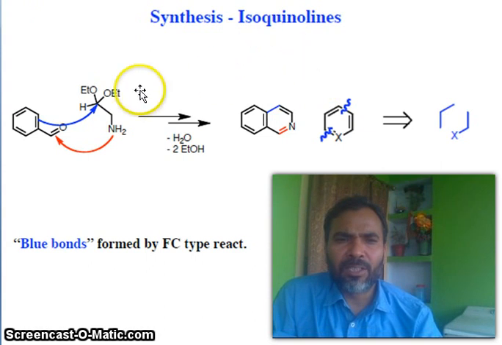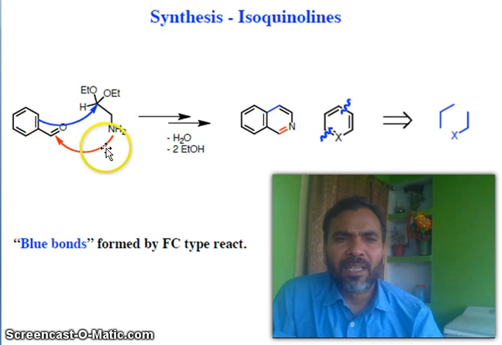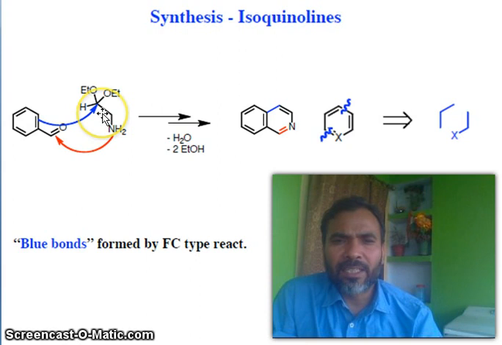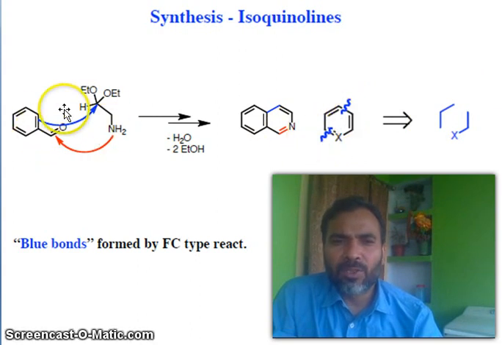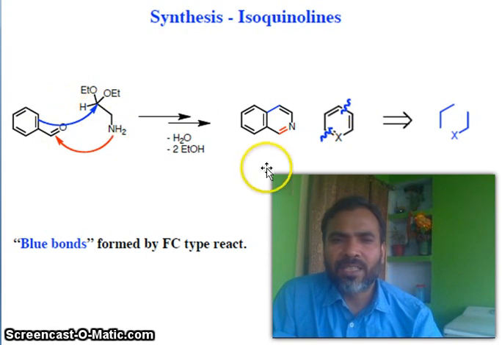synthesis of isoquinoline. You see, this is simple benzaldehyde. The lone pair is approaching on this center, and meanwhile this double bond is attacking here, and after many steps, many removals, you will get this isoquinoline. What happened here? First concentrate on the strategy. You see 1, 2, 3 carbons and 1, 2, 3 carbon. So here 1, 2, 3 carbon, 1, 2, 3 carbon. Here 1, 2, 3, here 1, 2, 3. So this is cyclization occurring by making such type of bonds.